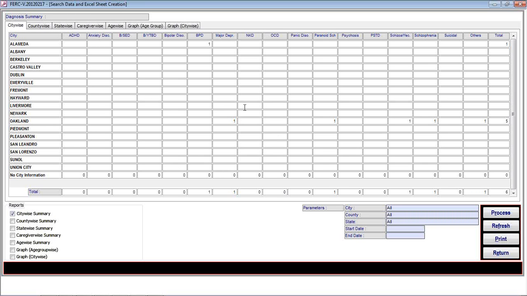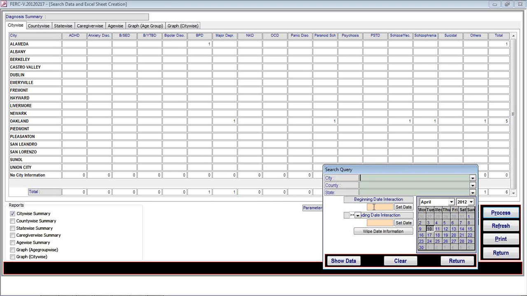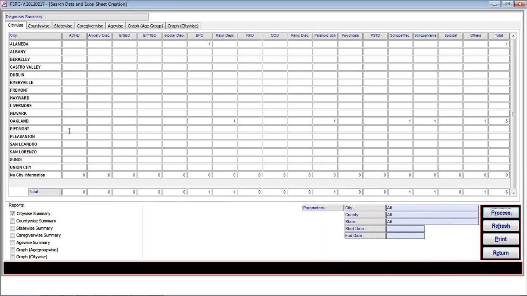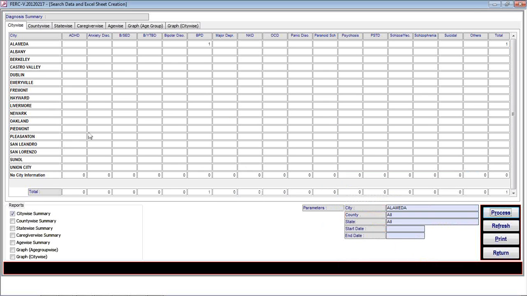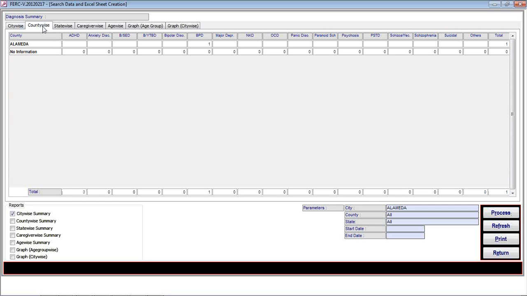Here, again, the same process is there. The user can process the data based on city, county, and state. At this moment it is showing the information of Alameda and Oakland. Now I'm going to process the information about Alameda, show data. Now it is showing information only for Alameda. And if we have a look at the other reports, they are all processed and showing Alameda, state-wise California,